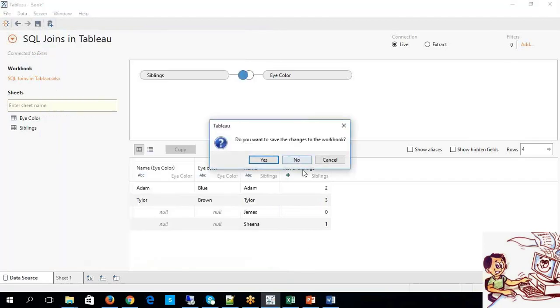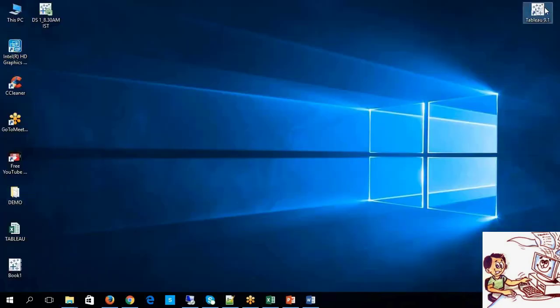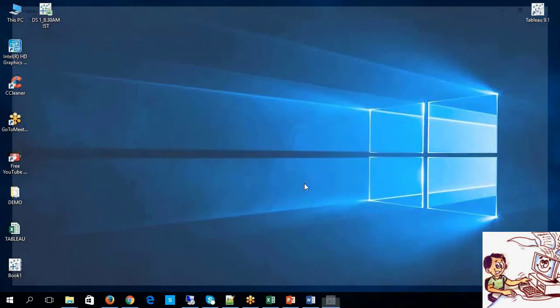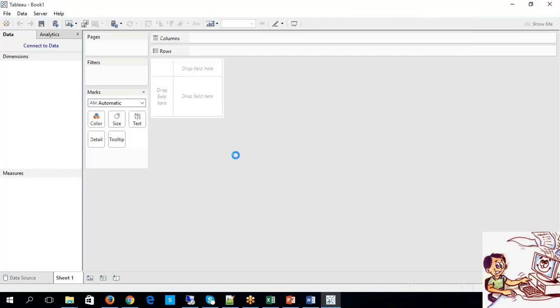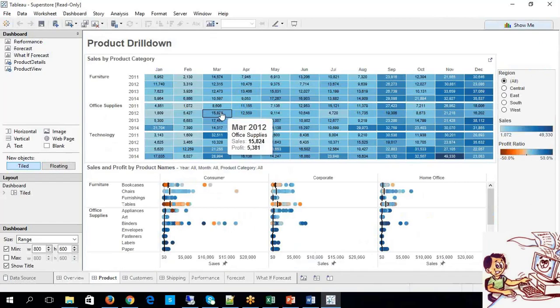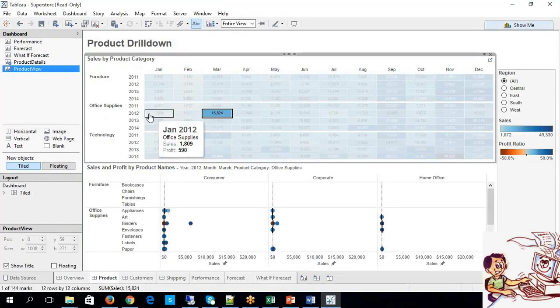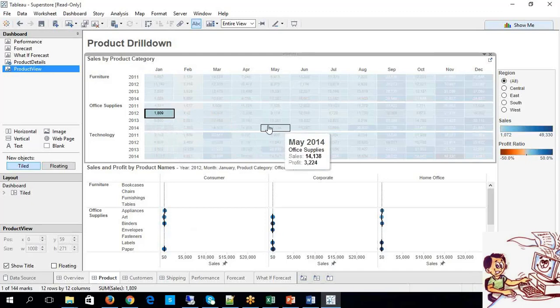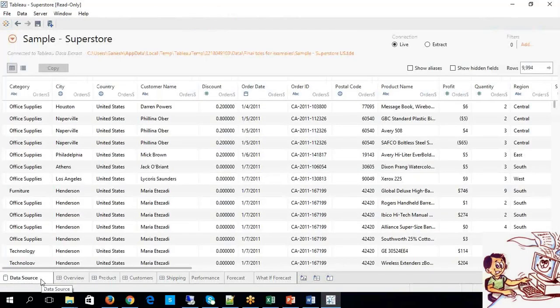For example, how it is going to be helpful during the validation of your reports: these joins and all, they play a crucial role. Look at this. Let's say you have a dashboard. Someone says that this value is wrong or something. They say that the 2012 data is totally wrong. Tell me, how are you going to validate the data? The first primary focus that you need to have is the type of join you are using. What type of join is being incorporated? That is what we should be aware of.